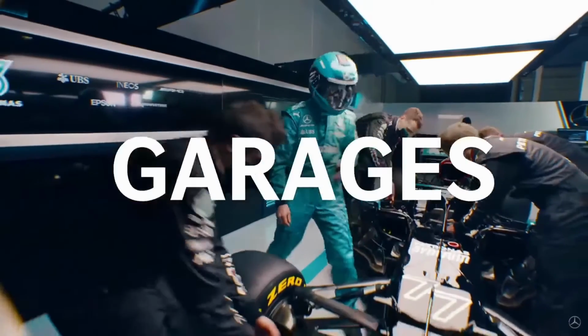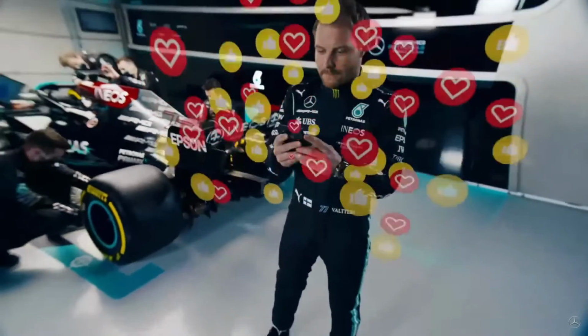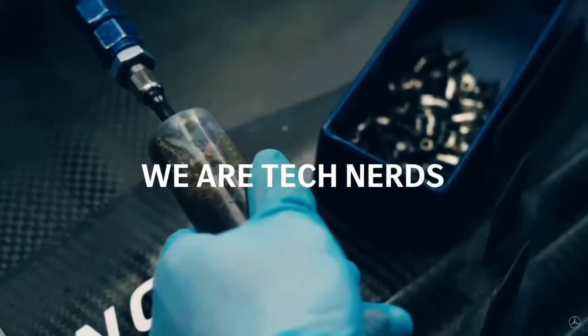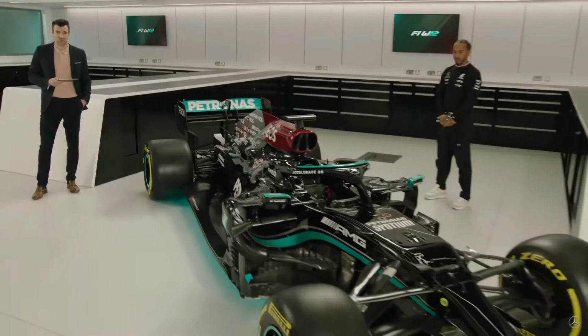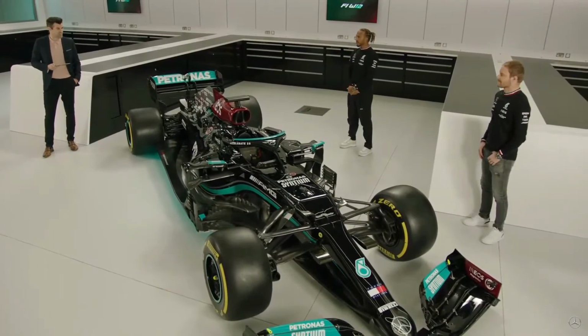Lewis also took the opportunity to take a dig at Pirelli's tyres for the year, but did highlight that the changes, and lack of changes, could make it a competitive year. The launch video was pretty slick, highlighting the team's performance and tech prowess before the car was brought into the studio. The W12 has a black livery very similar to last year's, though they've switched back to a glossy finish,